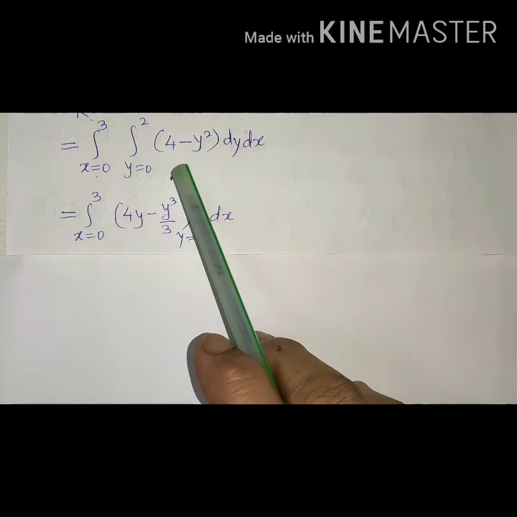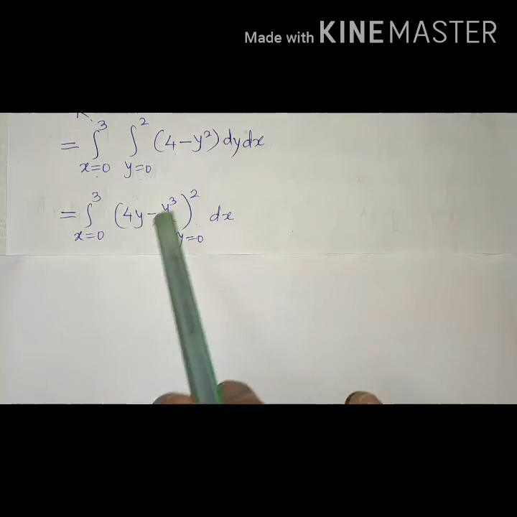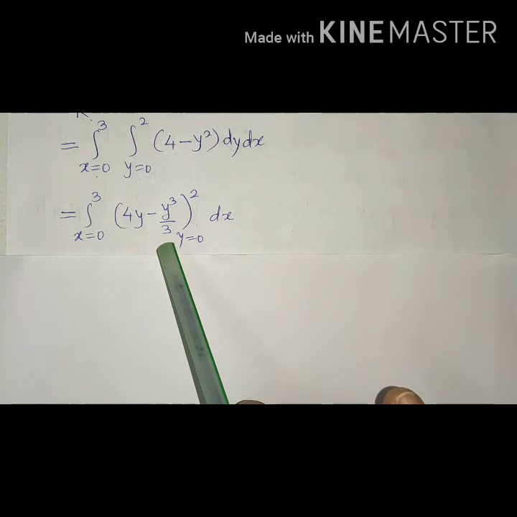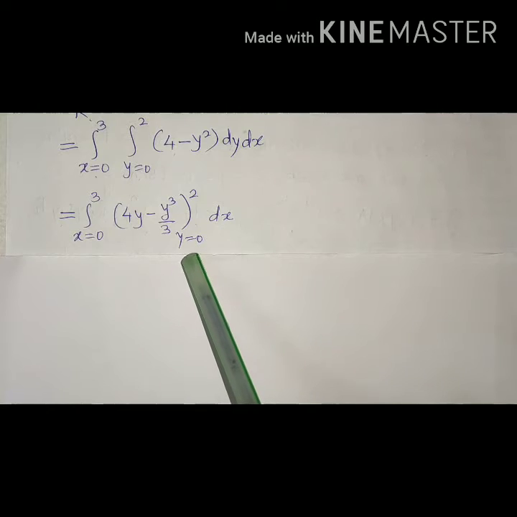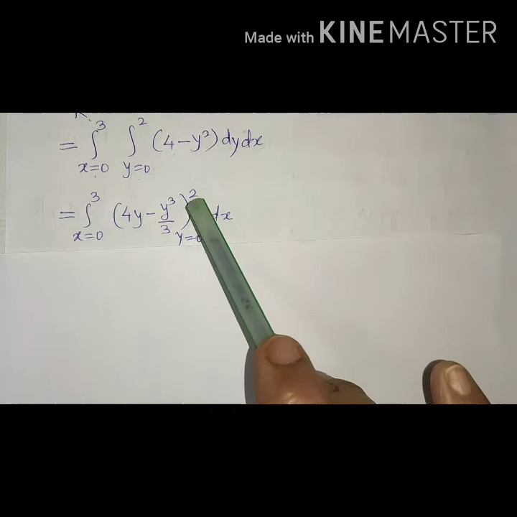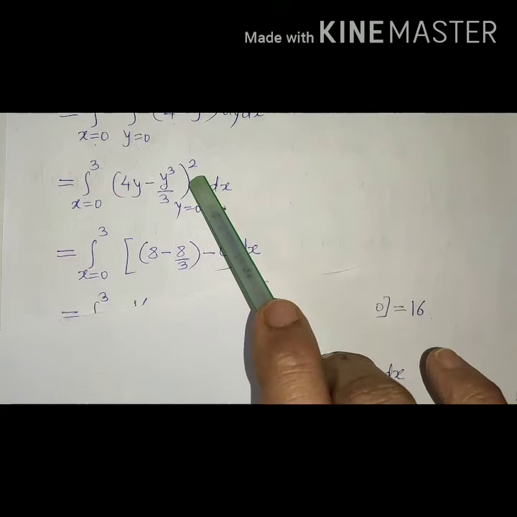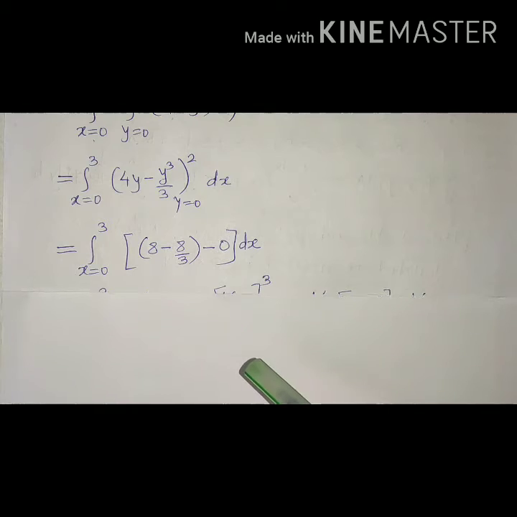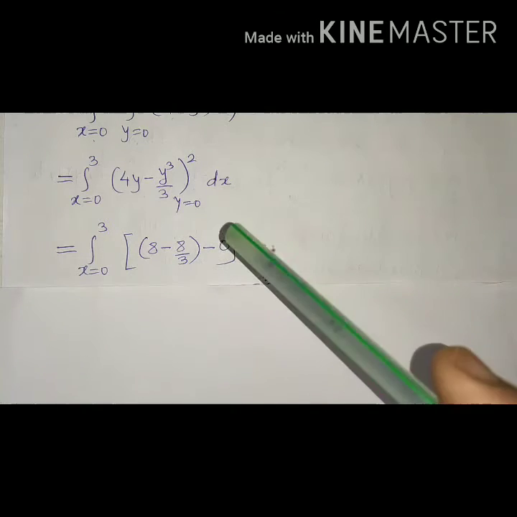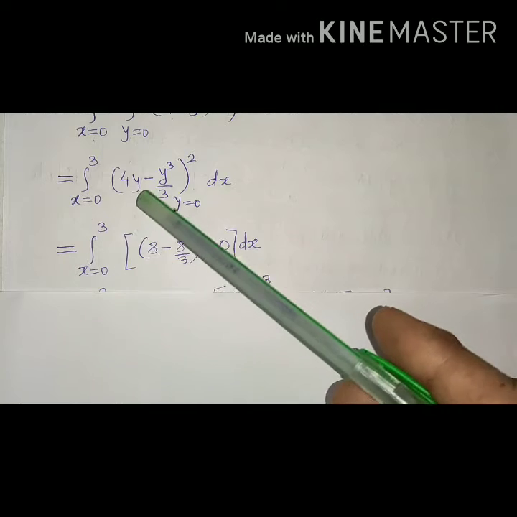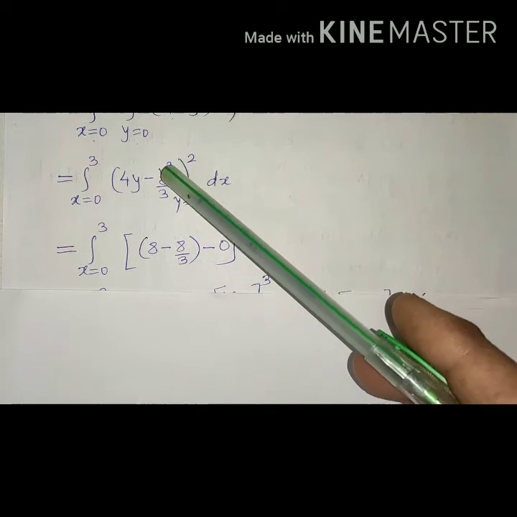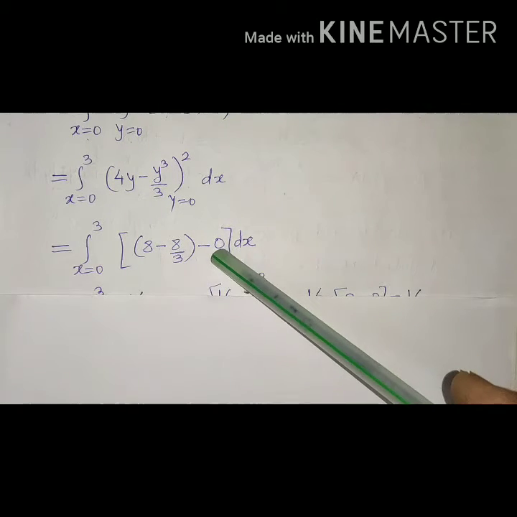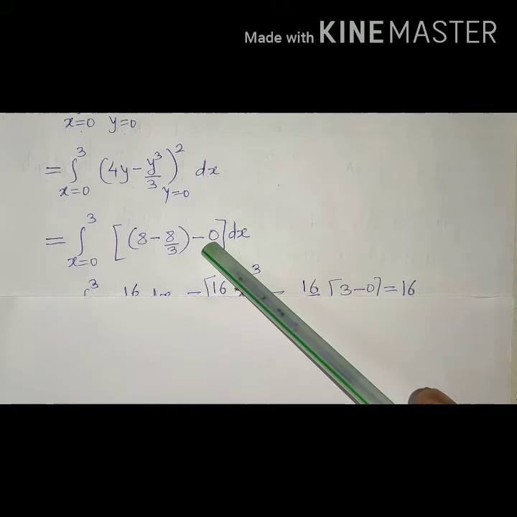We integrated 4 with respect to y, which is 4y, minus the integration of y square, which becomes y cube by 3, and the limits are y equal to 0 to y equal to 2, outside dx. Now let us integrate with respect to x. But before that, we calculate the limits. This becomes 4 times 2, which is 8, minus 2 cube by 3, so 8 by 3. This is the upper limit, minus the lower limit, which is 0, so the term becomes 0,